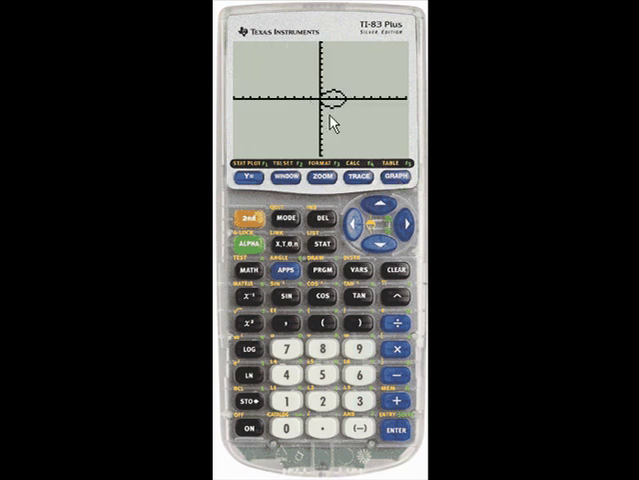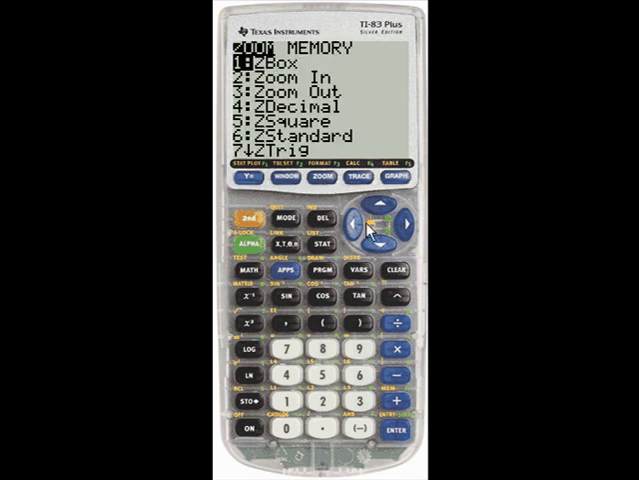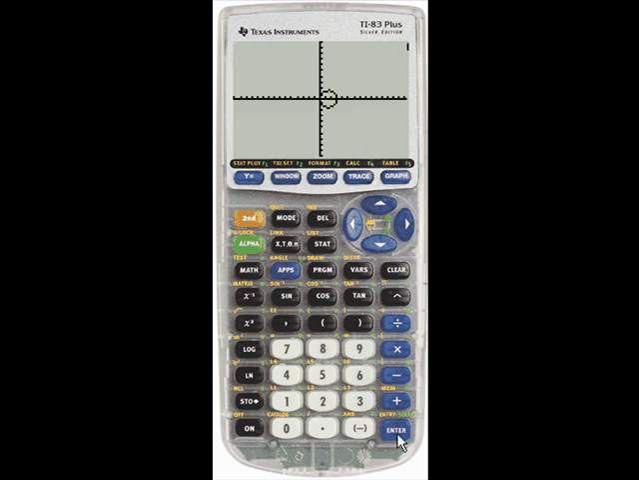And so there I see a circle of radius 3. It doesn't quite look like a circle. If you want it to look more circle-ish, you can go to the zoom menu and then ZSquare will make it more of a circle. Not the trig zoom, the regular ZSquare. Now it looks more like a circle. So now it spaces out all your x units the same distance as all your y units. So it can fit more on the x-axis, fewer on the y-axis,